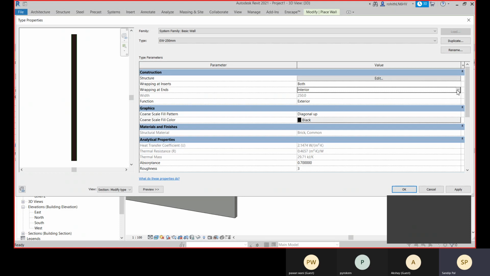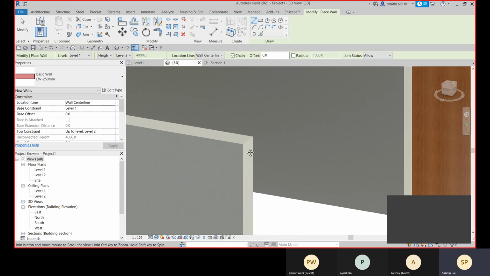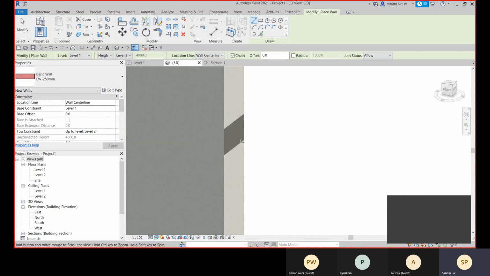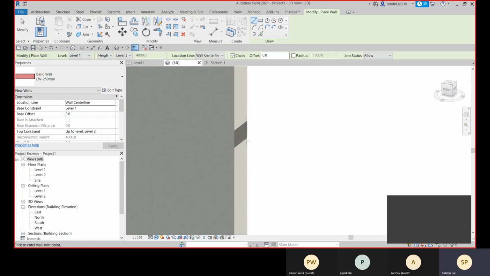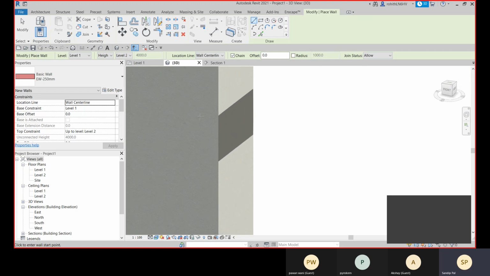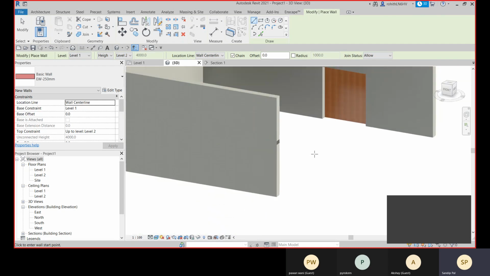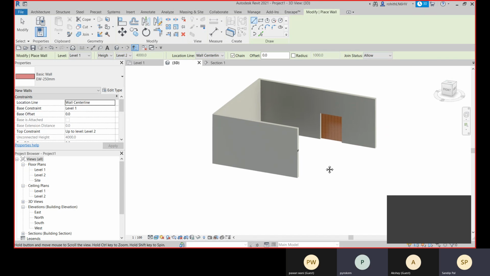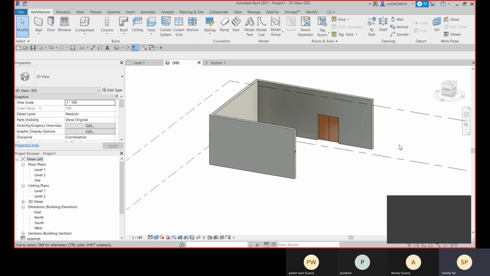So at the end you can apply interior or the exterior. So right now the exterior and interior both are the same, so you can apply any one. And now here you can see, right? And you can see that for this lintel that is not applied. So right now, because of that, I'm getting it as separate. Correct? Yes, sir. So for that lintel also you need to wrap. Fine.